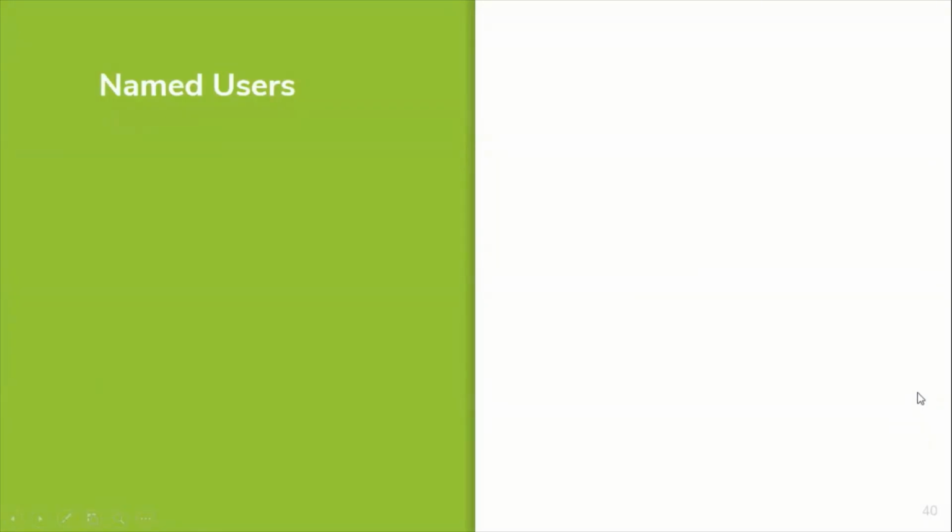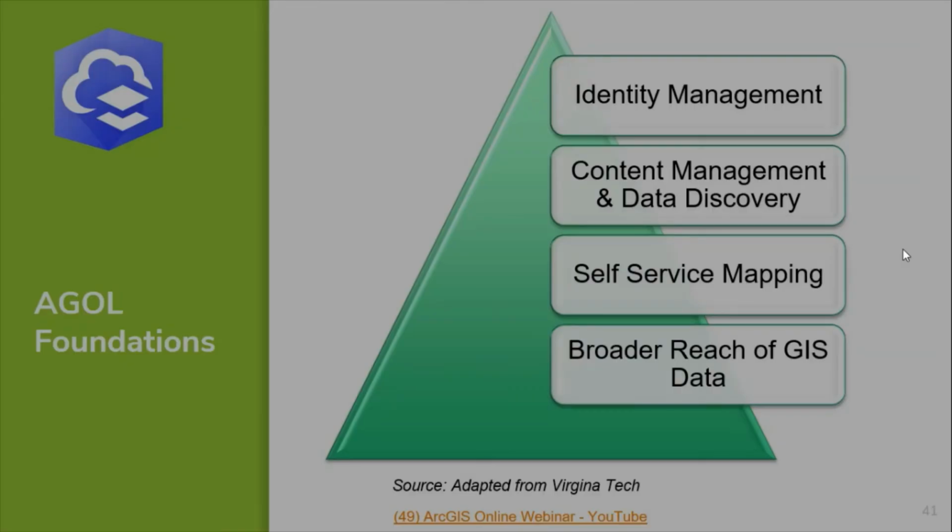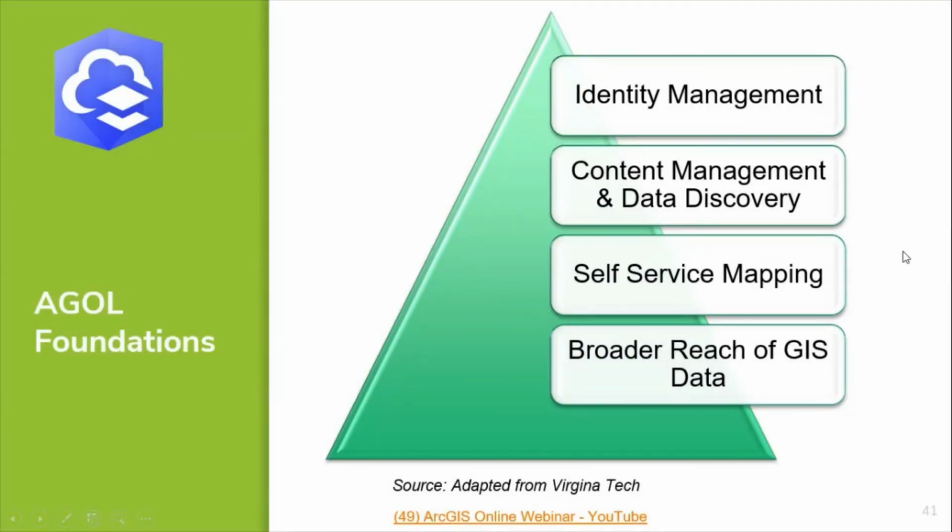So primary where the platform is concerned is having named users. These will be individuals which will then form groups, and the groups fall within the organization, and whatever content is created or authored can be made public, different from sharing in groups or the organization. Now, Virginia Tech